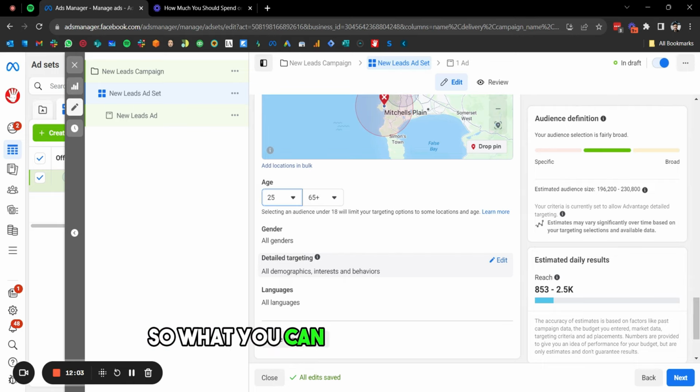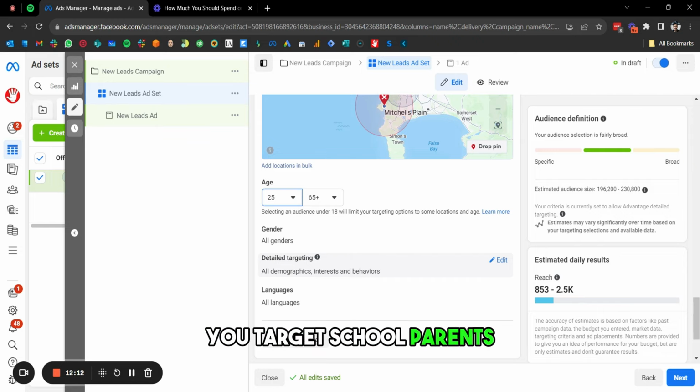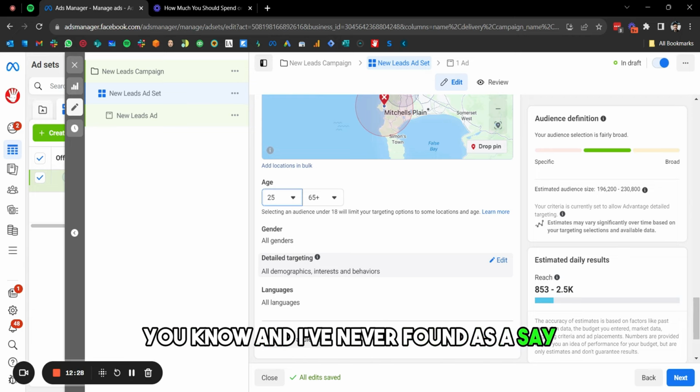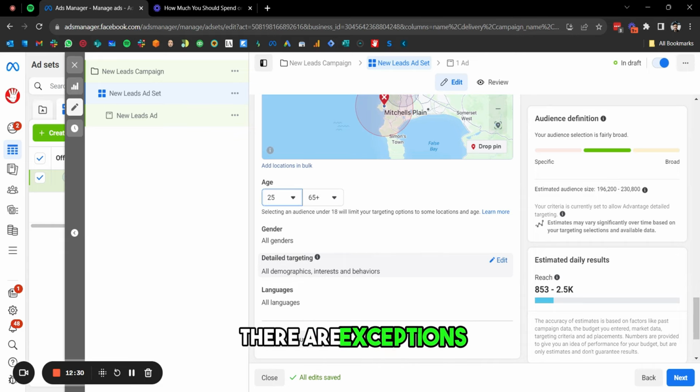So what you can do is look at what sort of pages they like, if they're part of schools, which you can potentially do, for example, if you're targeting school parents. But in general, I would say, at least at the start, leave this open, and if needed, bring it back. Rather than bring it back so much that you land up with fewer leads. I've never found this to be much better quality. There are exceptions to the rule, but in general, this targeting is not